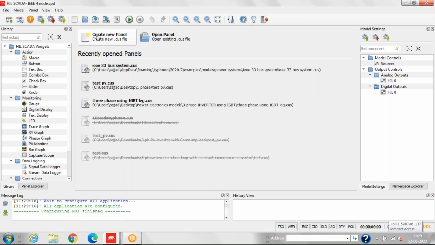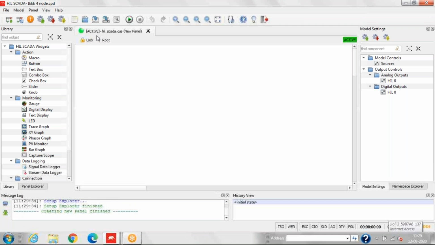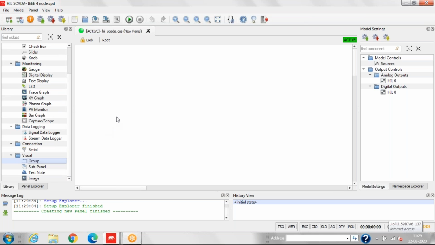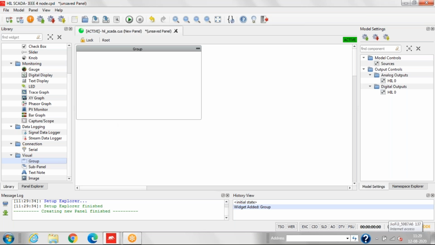Another thing: I have used machine learning. I am using R software, just like Python, R software is there. Can it be interfaced to the R software so that I can model the IEEE bus system and interface it to machine learning?